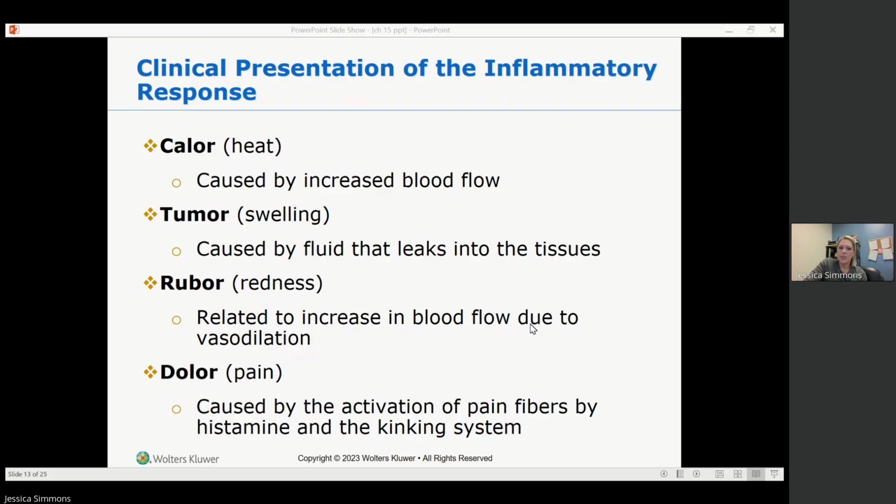because I understand that it means this in the chapter, but I also do feel like the word tumor, especially when we're talking about anti-neoplastics, is misleading. So you will not be seeing this word for swelling. You can see the word edema or swelling. Rubor is another word for redness, so RR, related to the increase in blood flow due to vasodilation. And then dolor, this is a term that you're most likely not going to see often. It's not used a lot within medicine, but it is another word for pain.